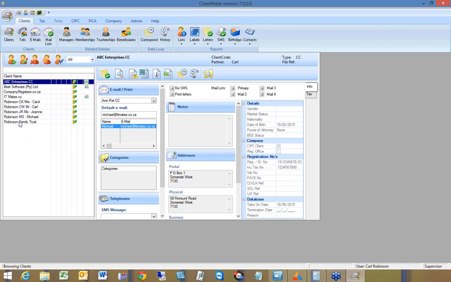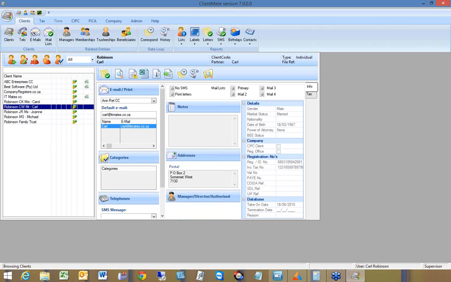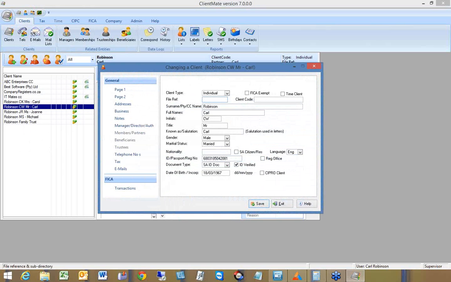So on the left, we have a list of clients. Now this list would include all clients of all types. So we've got CCs, PTYs, individuals, trusts. I've just put some data on the screen here just to give us some data to work with so we can see some of this functionality. But at its basic level, let's take a client here, and if I just double click on them, it's going to open up their details. And you can see the type of information that we maintain on a client